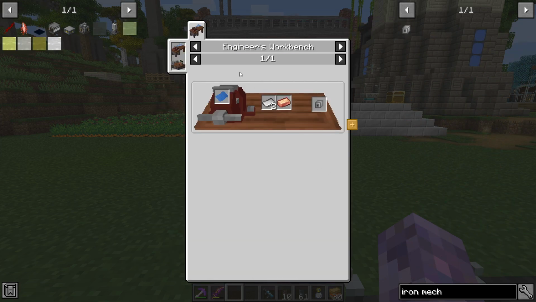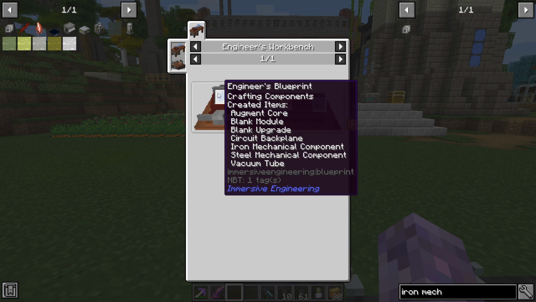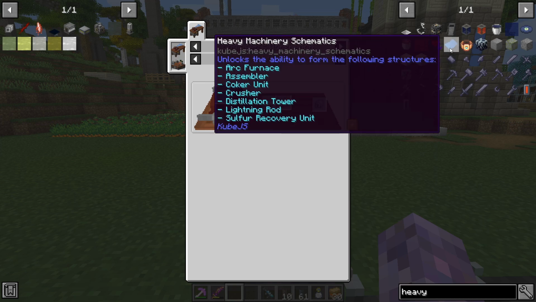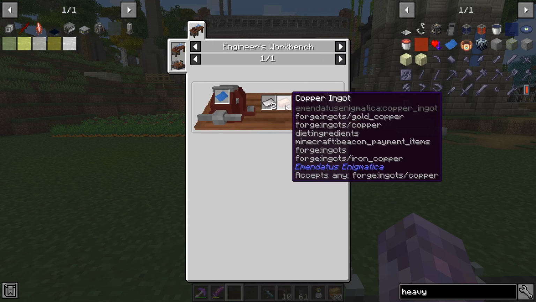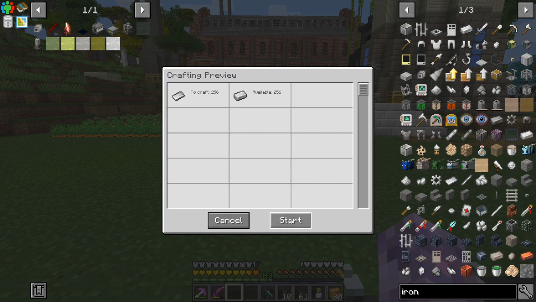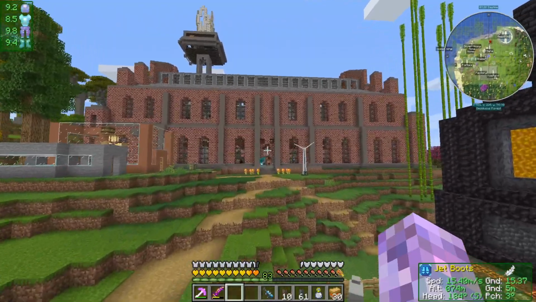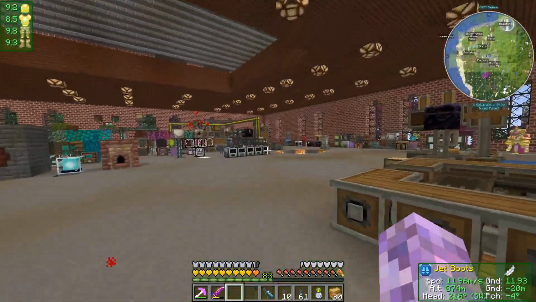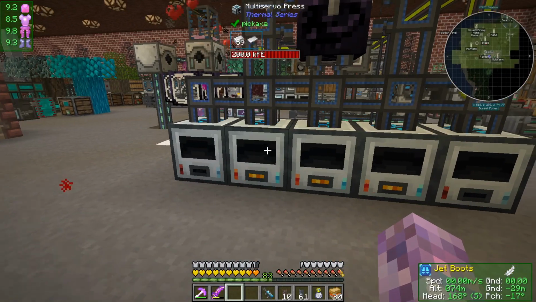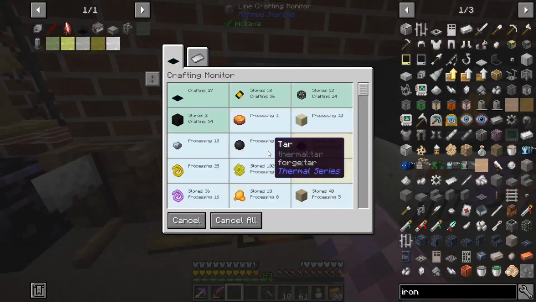Now, the reason we can't craft these, we need the automated engineer's workbench. Which I believe... I don't know if we can make that. I think it's a heavy machine schematic. It's not, we could totally make it, I just haven't. But it's just iron plates and copper ingots. That's, you know... We can get a bunch of that going. Now that we've got our parallel plate processing, that should be okay. That'll be fine. Oh, we didn't even utilize that one. Cool. And then we're kind of just still waiting on...